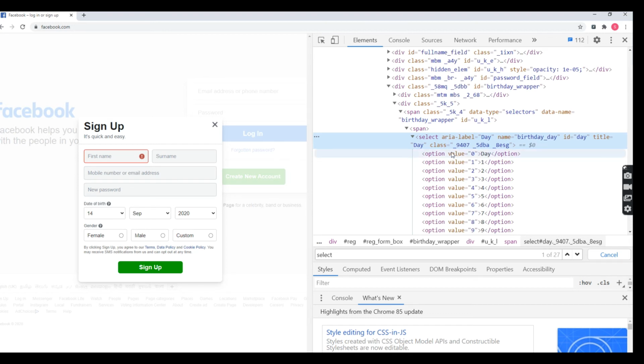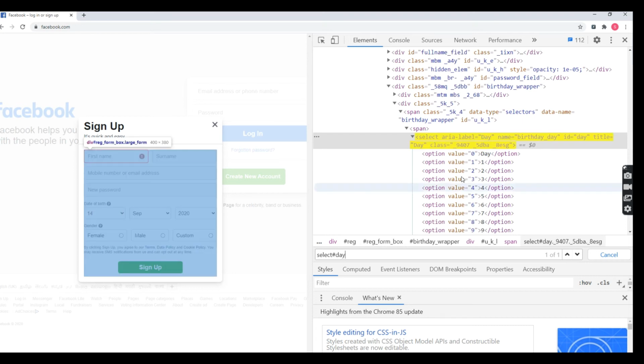My better advice: if any attribute value contains a random value, like 9407 and other random characters, please avoid that attribute. Okay. So here we can see name and id are available. So id is day, I can take the id attribute value. Okay, so id means what symbol we are going to use, hash. What is the value, day, correct?